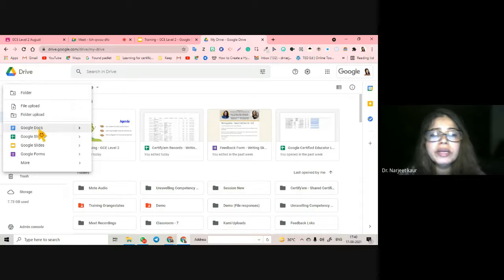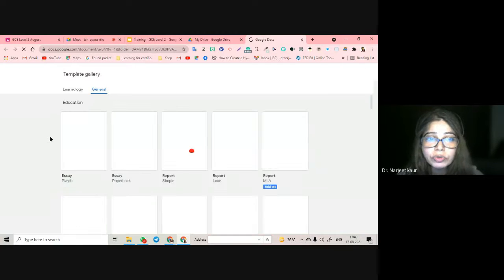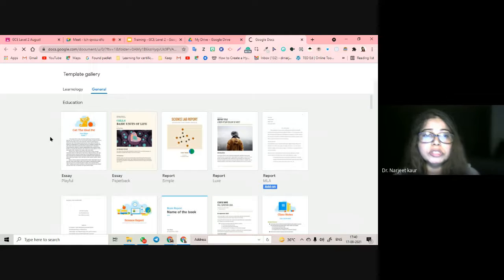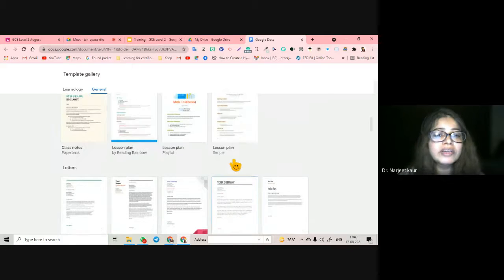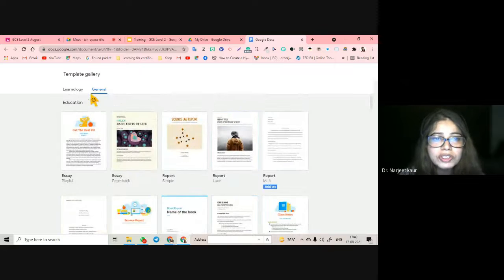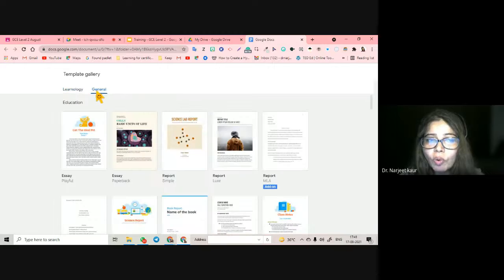Okay, then you can create new documents. You can create a new blank document, or from a template, and this is going to be true of all the apps. I'm not going to go into the details one by one since this is level 2. So I'm just taking an example of Google Docs. See this, these are all the templates. This is a bunch of templates that you can choose from to make your document. These are general, and if you have made any template for your domain, this is my domain, even that is going to open up, right?